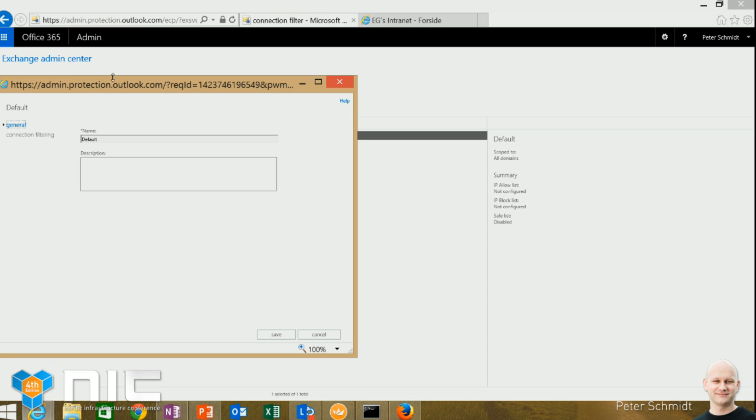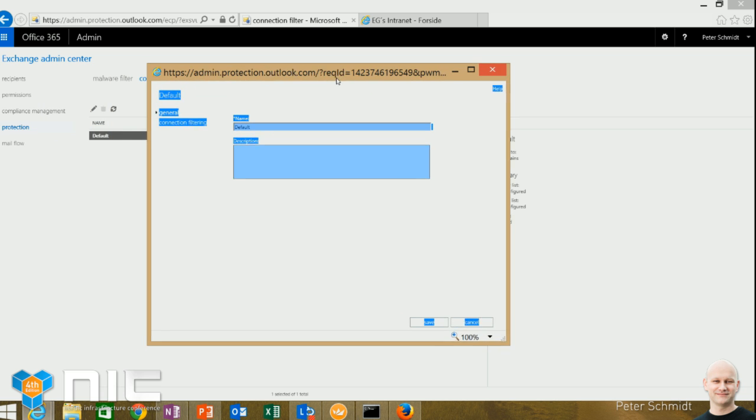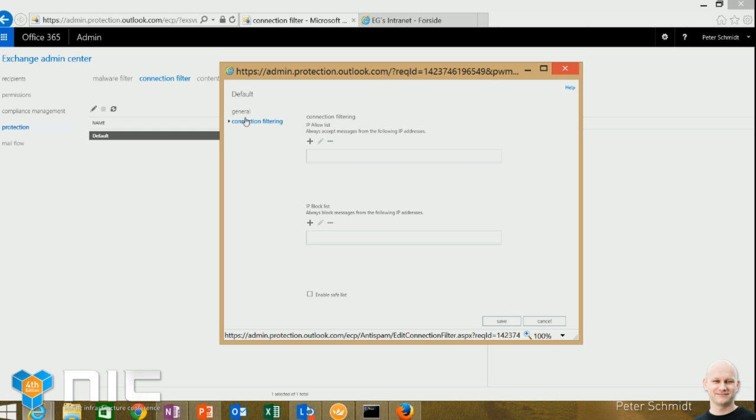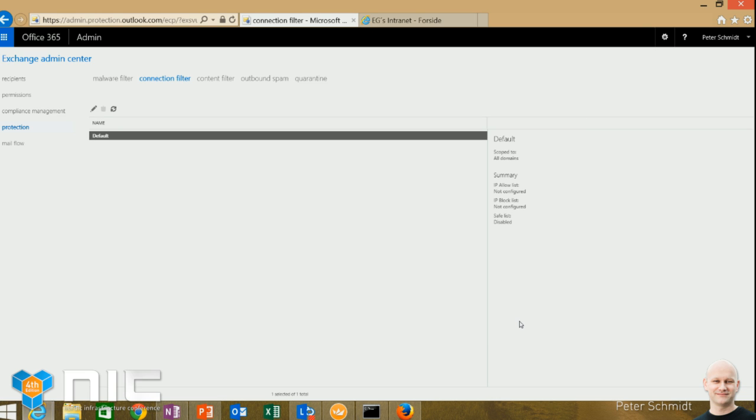I will not deep dive further into all these features because we can really spend a lot of time going into all these. I have a lot of other, hopefully interesting parts I want to show you before the session ends. But what I'll recommend is start off with these things. Start off mostly with the default settings and then tweak the system so it fits your organization.